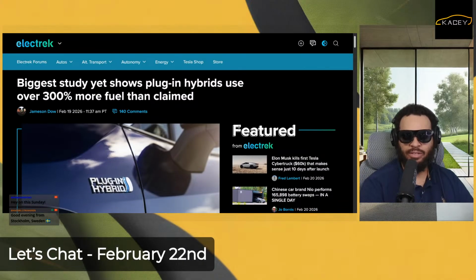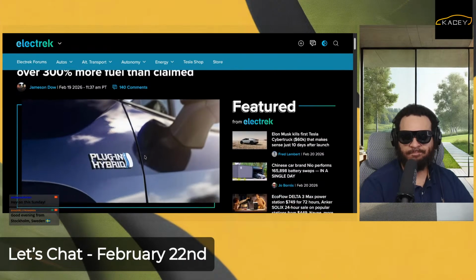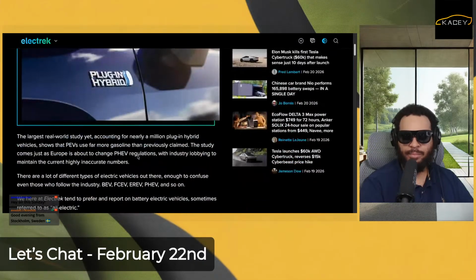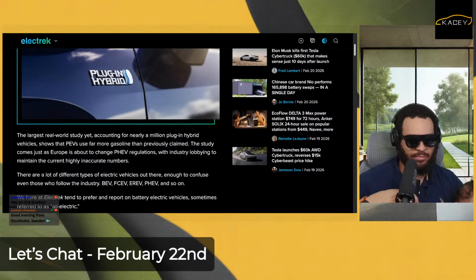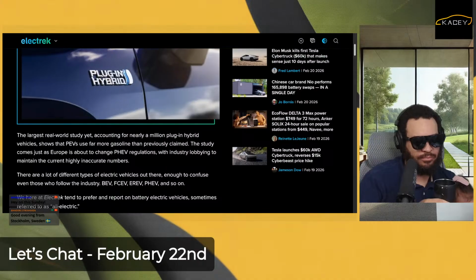Or like these pickup trucks are claiming 100 to 200 miles range of electric before switching over to serial hybrid. But that's not what most of these are, and because they're just using it as an excuse for gas, you want to see either them not do it or do better.